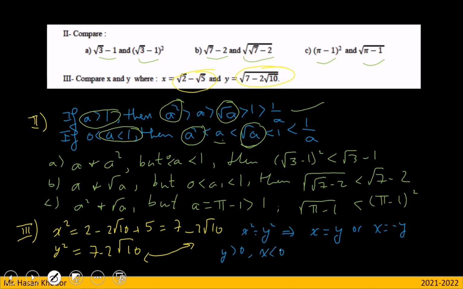Because x is the difference of two numbers in which the first is less than the second. So this means that x is negative. If x is negative and y positive, then x equals y is rejected because a negative number cannot be equal to a positive number. This means the other one is accepted. Finally, we say x equals minus y. Let's go